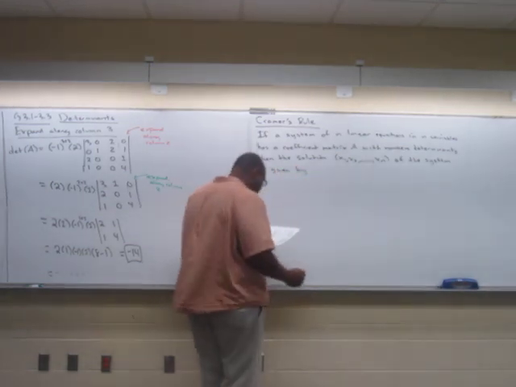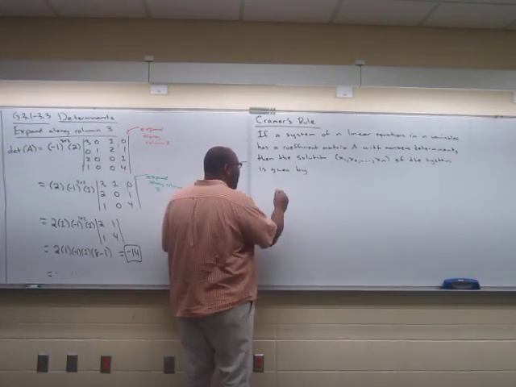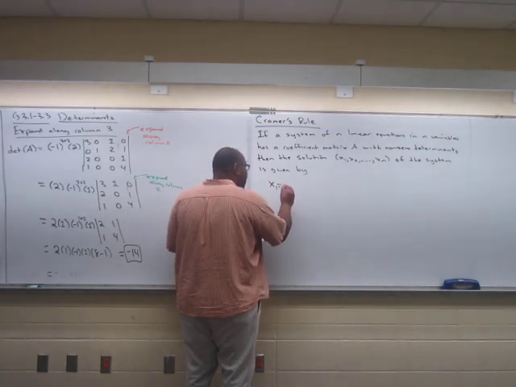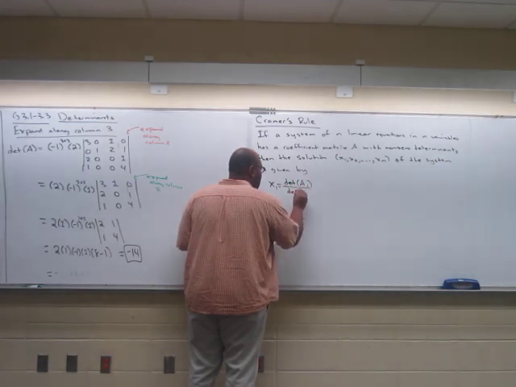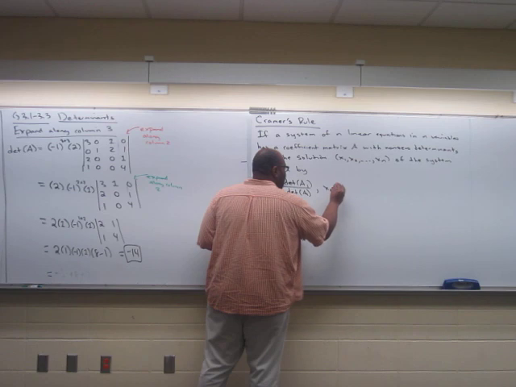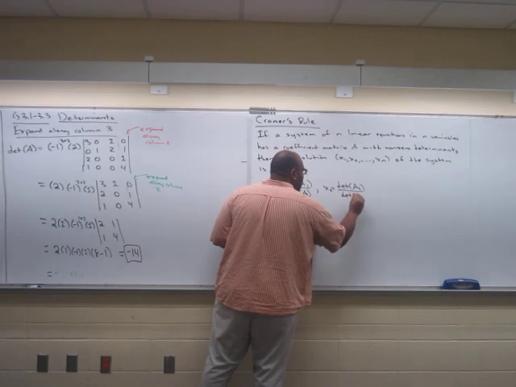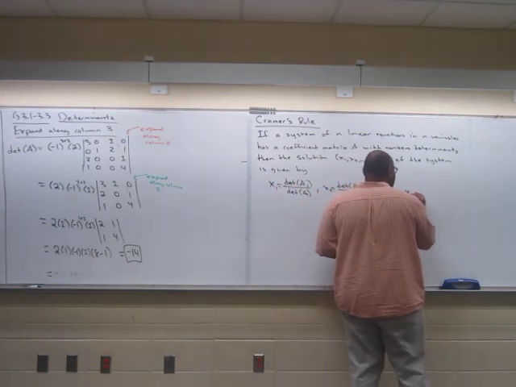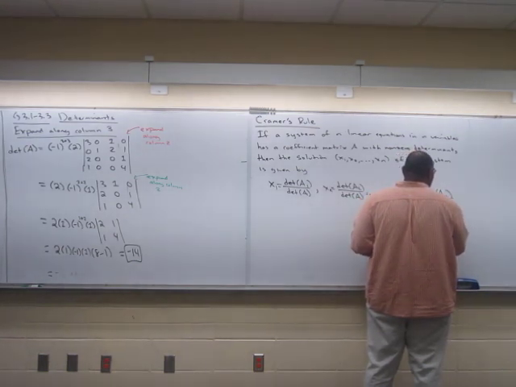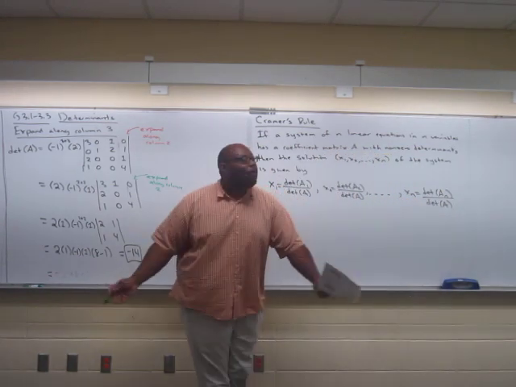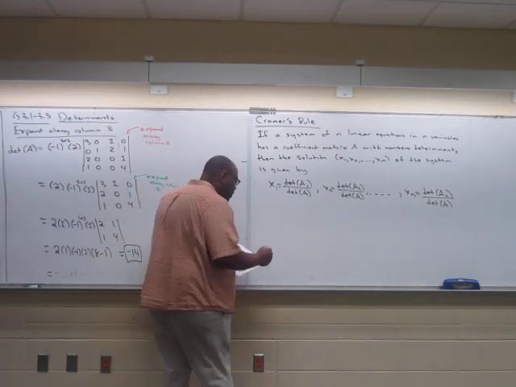I know this is quite a long definition here, but just bear with it, all right? It's given by, here we have x1 equals the determinant of A sub 1 over the determinant of A. x2 is equal to the determinant of A sub 2 over the determinant of A. All the way to xn, which is equal to the determinant of A sub n, all divided by the determinant of A. You're like, what in the world are these A sub 1, A sub 2, A sub 3? What are these A sub n terms? What does that mean? And what it means is this, where